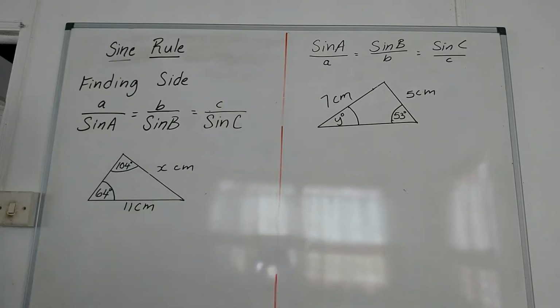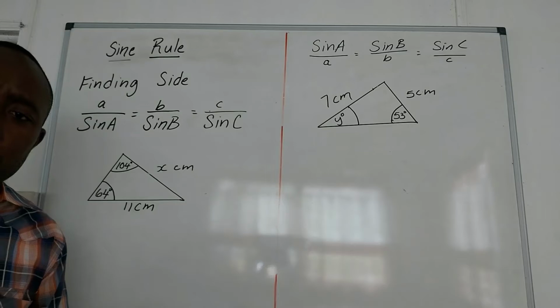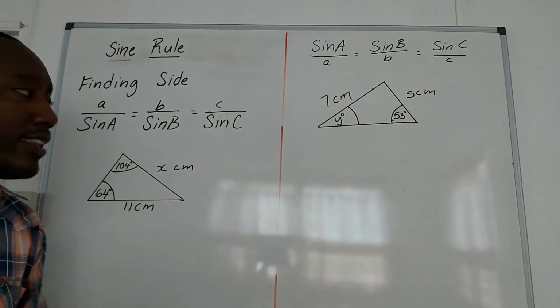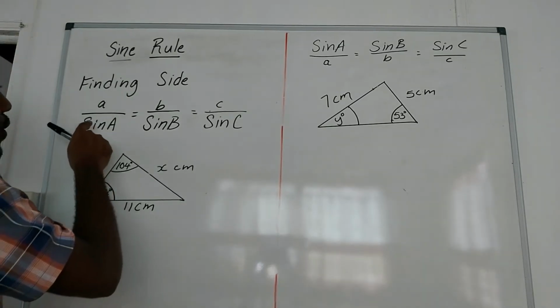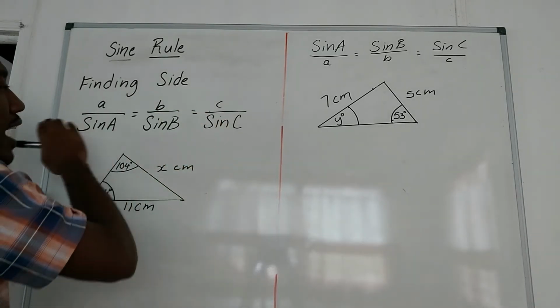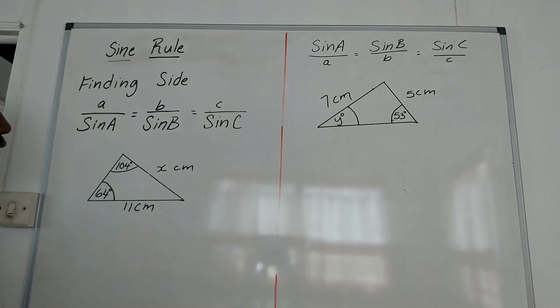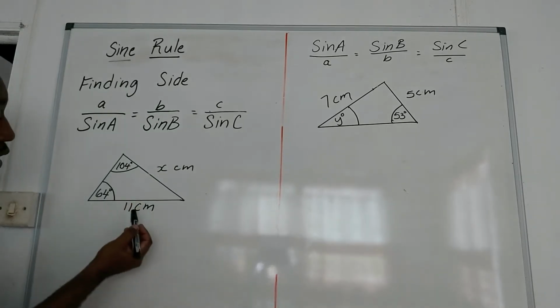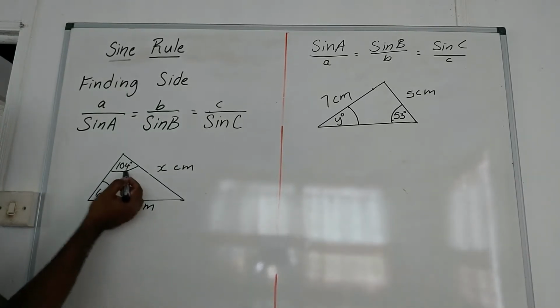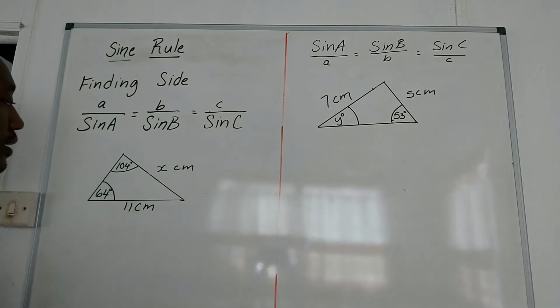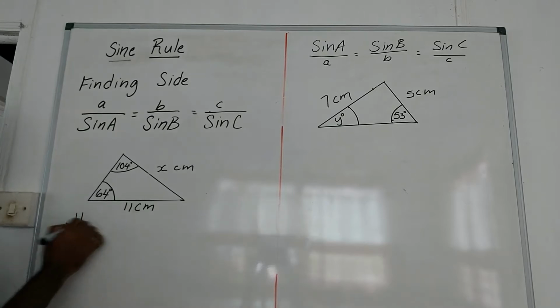So we have a over sine A is equal to b over sine B, which is equal to c over sine C. Now, when we are solving, it is not necessary for us to know a, b, and c or have the entire formula. What we need is just two of them, any two of them. So here we have one side and an angle. So 11 is the side over sine